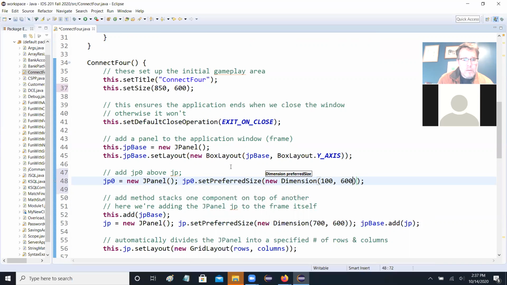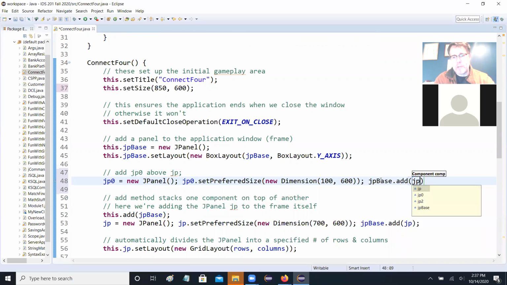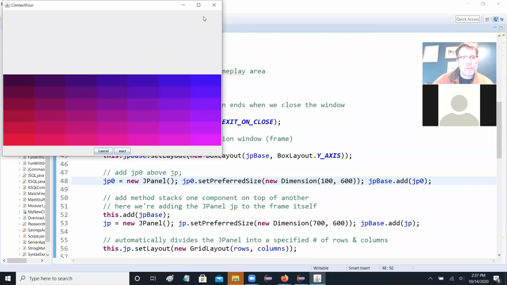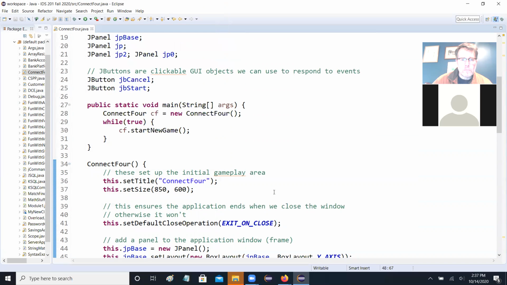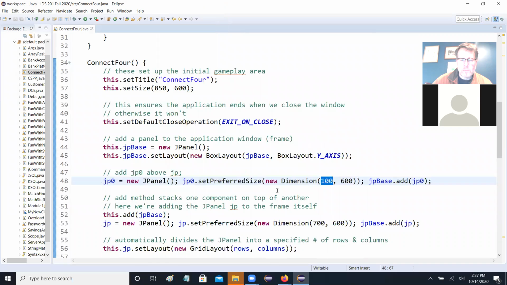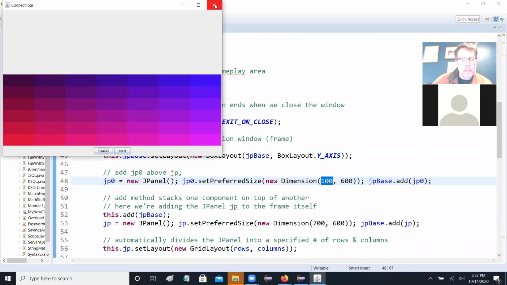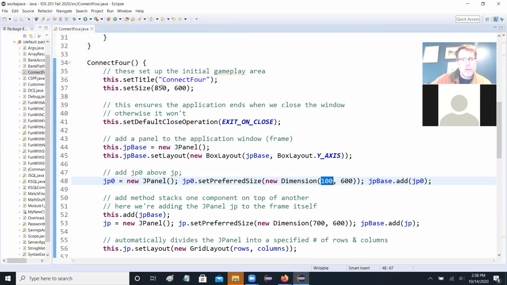And then let's see, if we've done anything else, we've got to add it. So JPBase.add(JP0). Okay. That scrunched it down a little bit. What am I doing here? Oh, yeah, silly me. Should be 600 high. Hold on, I don't want to do that. Why, 850 by 600. We should do,